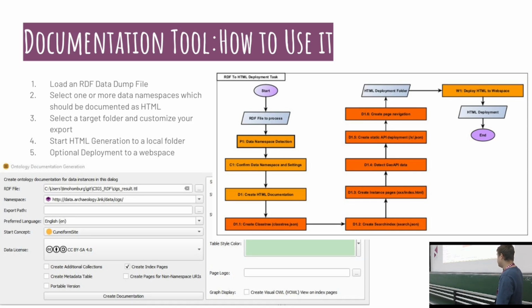And what do we do? It's basically like this. You have an RDF dump, and in this RDF dump, you will have a namespace that is typically associated with the data you have modeled in this data dump. So the tool will search for this namespace. It will give you a suggestion of which one it might be. You will confirm that, and then it will produce one HTML page per data instance,